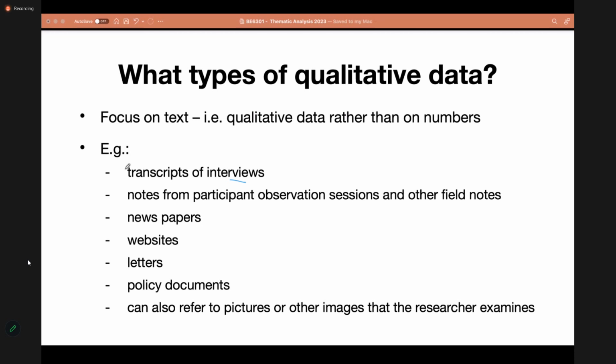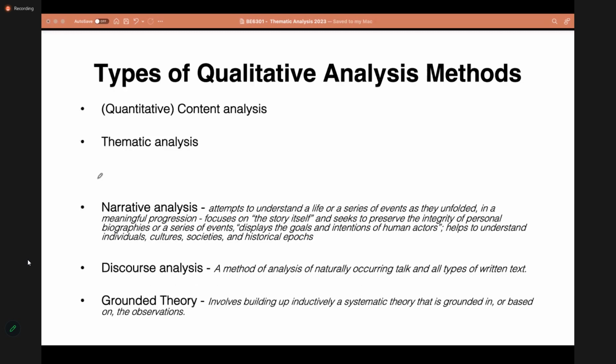So for any of those types of qualitative data, how do you analyze these data? These are some of the available data analysis methods we can use. So we have quantitative content analysis techniques, thematic analysis.